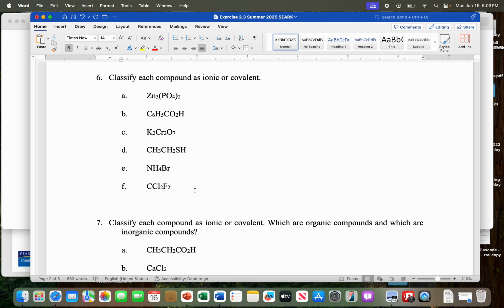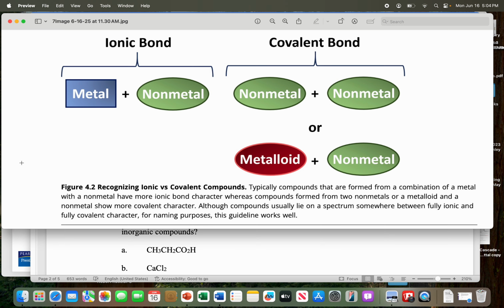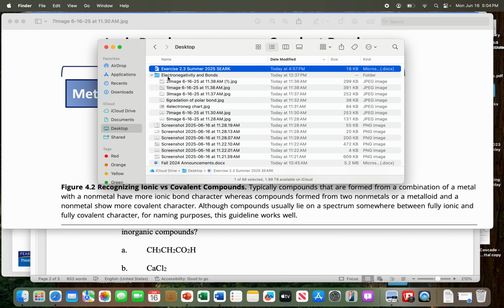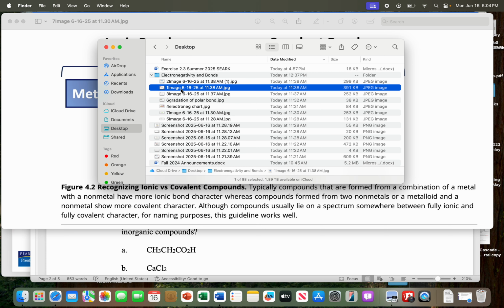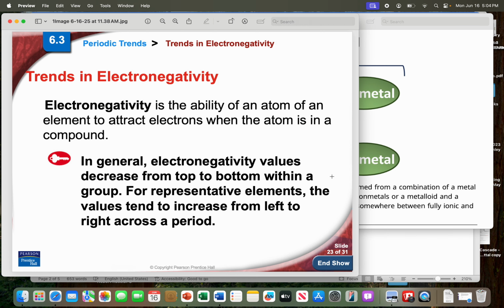And basically, we classify compounds as ionic if they have ionic bonds, and covalent if they have covalent bonds. So the long answer has to do with a property called electronegativity, if I may, and that is a property of an atom that